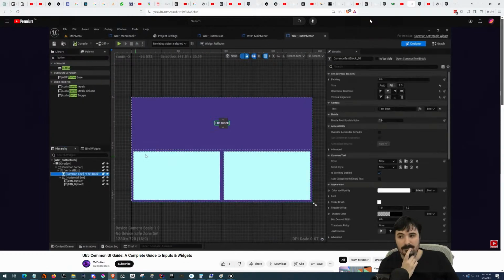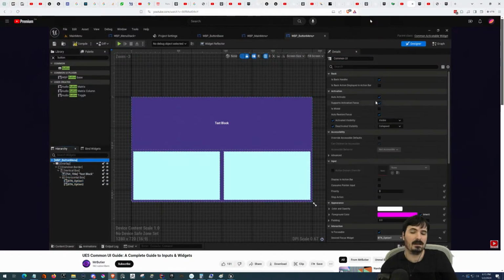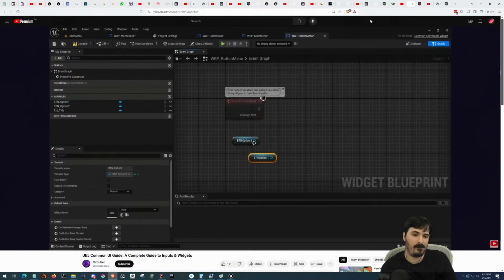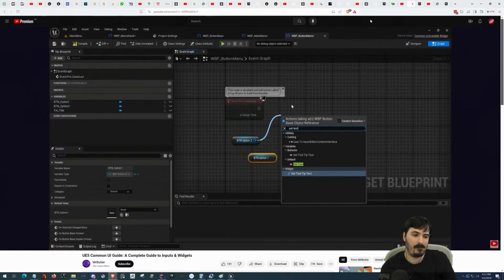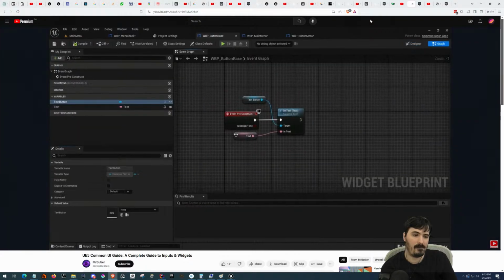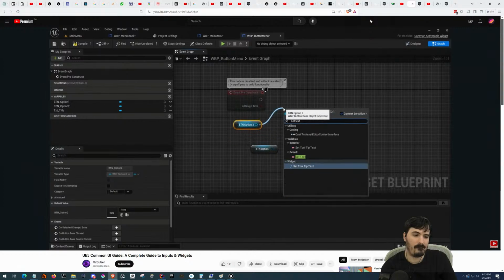All right, so now let's make all of these options available. We're going to do txt title, and then from here we need to be able to set the text that are available. So let's go ahead and go into the graph, and we're going to set text. Actually, let's go into the button. I forget what I called it. Isn't it just text? Button base text. It is just text. Okay, I probably should name that a little better. But we'll do set text,